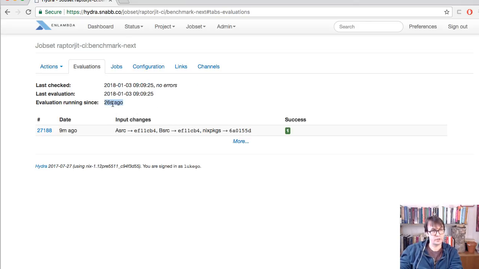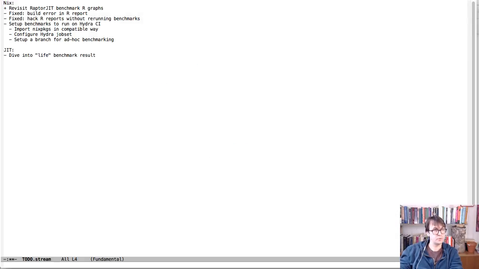So that evaluation is running, and we'll come back to that later. Meanwhile, we'll go to the next things on our list for the morning. We have set things up to run on Hydra. We have imported Nix packages in a compatible way. We have configured a Hydra job set. One more thing I want to do with Hydra, but we can take later, is this: